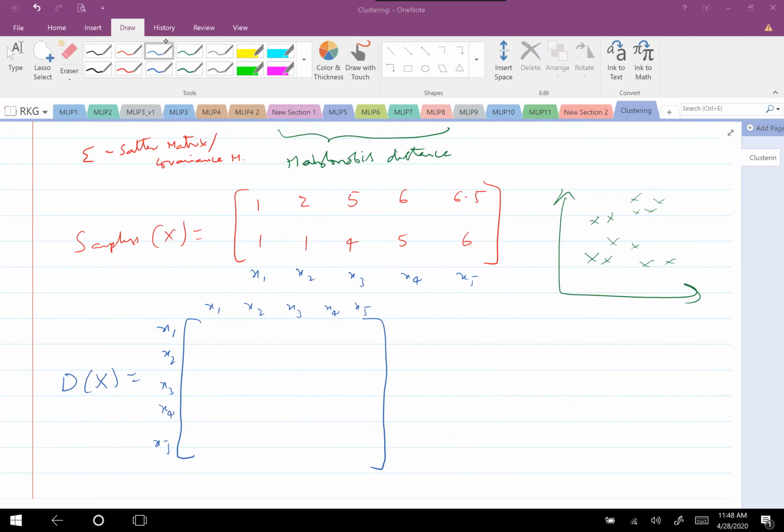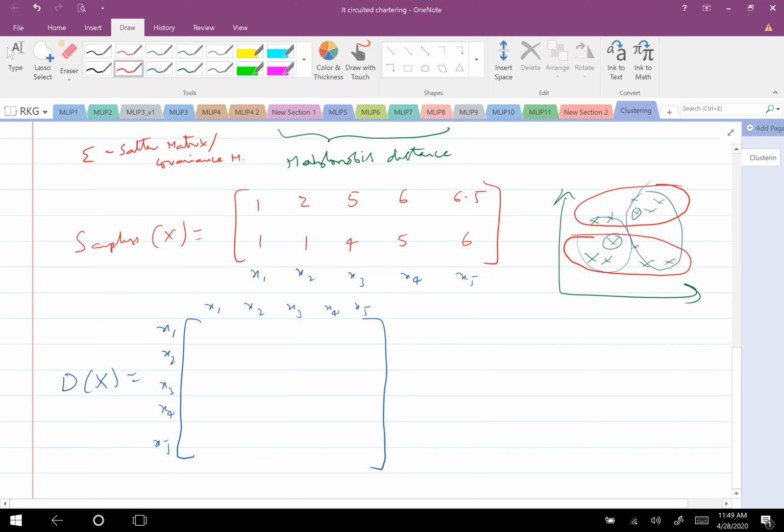Euclidean distance, what will happen? What is the nature of clusters? Euclidean distance usually results in circular clusters. Assume that these are the seed points, one seed point here and one here I start with. Euclidean distance may roughly give this one cluster and this another cluster. But if I use Mahalanobis distance, it takes the covariance into account, so I may get these two as the clusters.